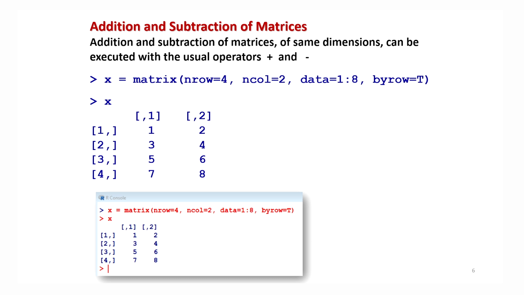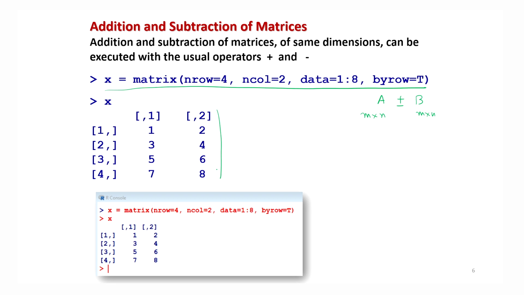So now let me take addition and subtraction. You know that if you are trying to add or subtract any two matrices, then the first condition is that both the matrices A and B should be of the same order. So if A has order m by n, then B should also have the same order m by n, right? So let me give you this illustration. I consider the same matrix x, which is like this.